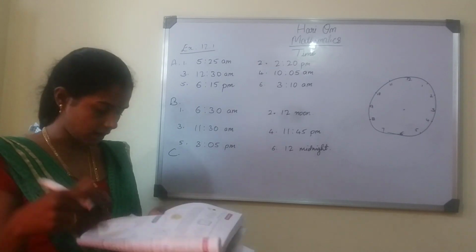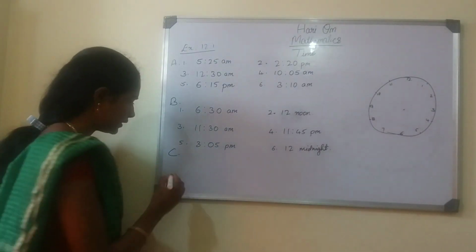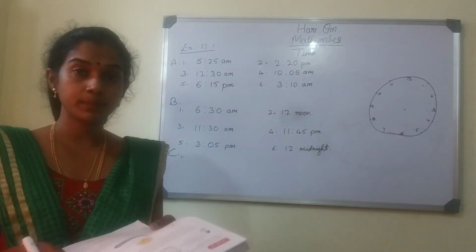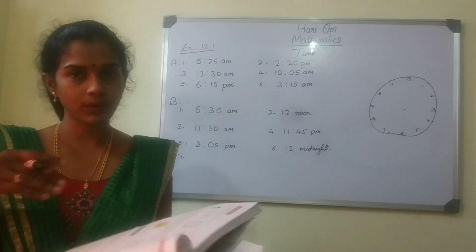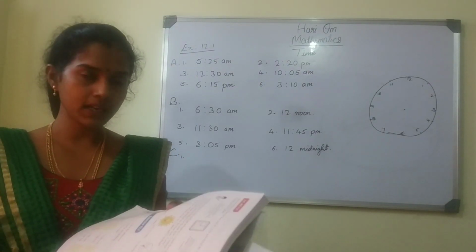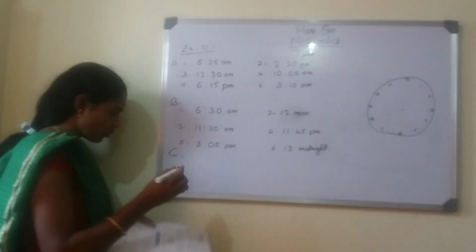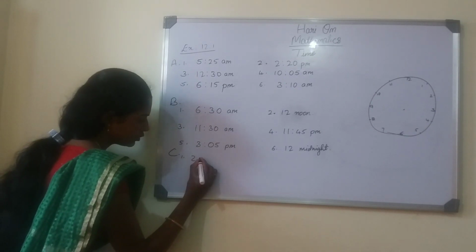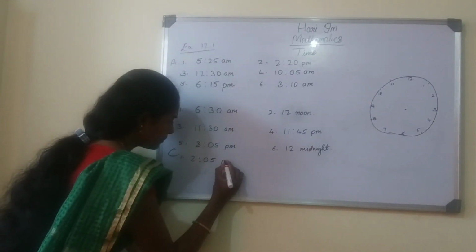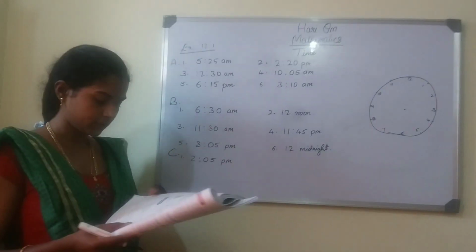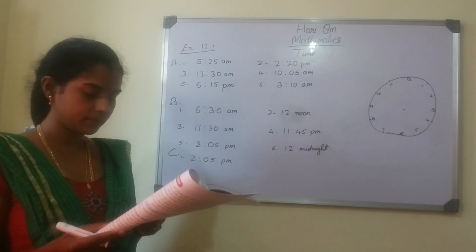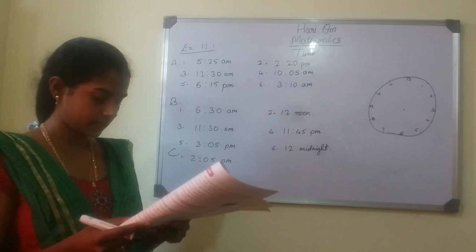Okay, 1 hour after. So first one is 1 o'clock 5 minutes PM. So 1 hour after will be 1 hour will be added to it. So 1 hour after becomes 2 o'clock. 2 o'clock 5 minutes, and PM remains the same. So 1:05 PM becomes 2:05 PM.